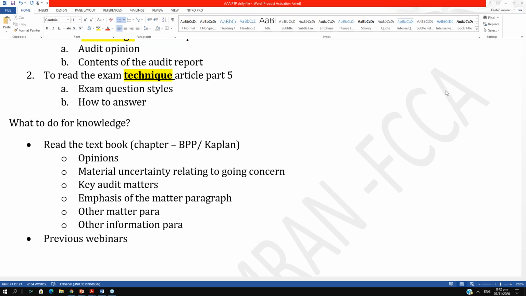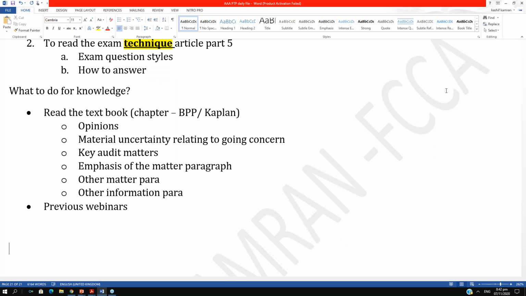Okay, that's great. So please ensure you have knowledge, because without knowledge, you cannot attempt a question on reporting. If you don't know the opinions, you don't know the material uncertainty, you don't know the key audit matters, you might mess up a reporting question. Now, you need to realize that when you look at your exam paper, the AAA exam paper, and each time